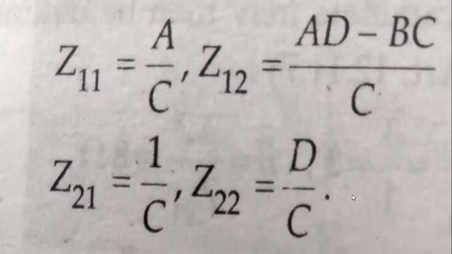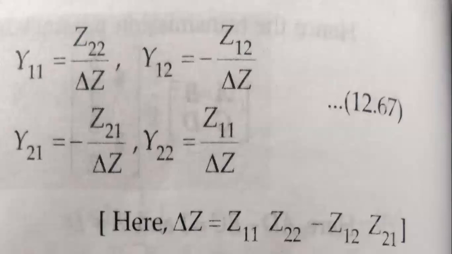Likewise, see here the Z parameters in the form of the ABCD: AD minus BC divided by C is the 12 and 21 terms, and 11 and 22 are A by C and D by C. The same thing applies if you want the Z parameters in the form of the hybrid, where hybrid is known and the unknown is the Z parameters. That time also it is del H divided by H22. So in this way you can simplify and